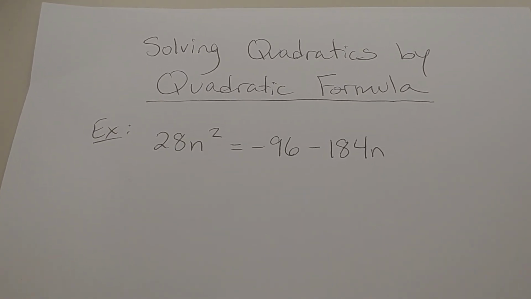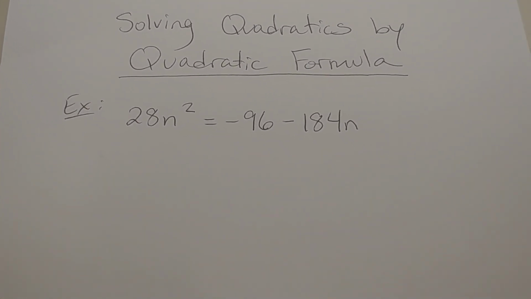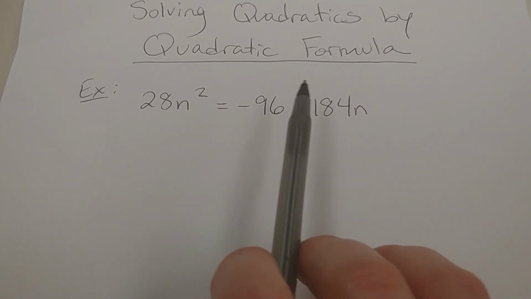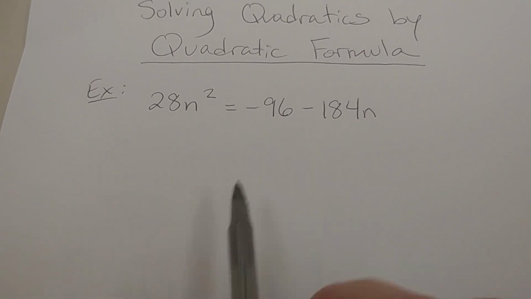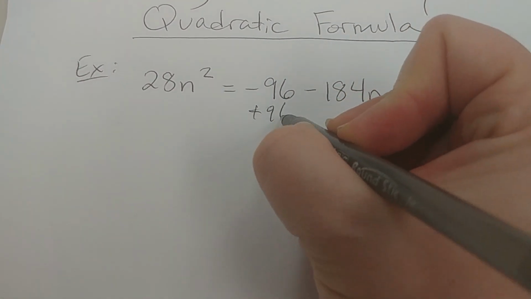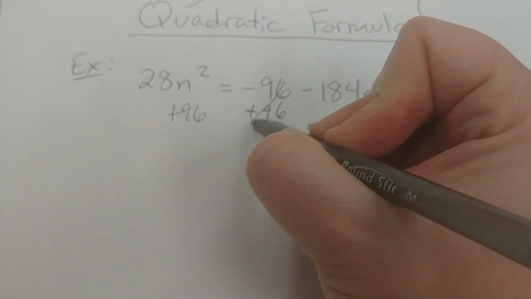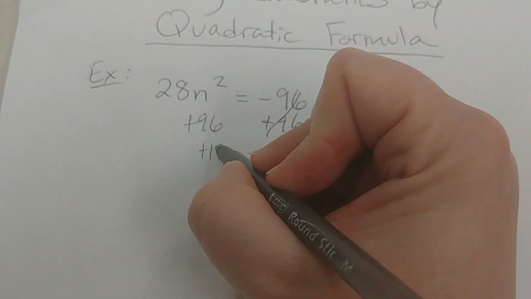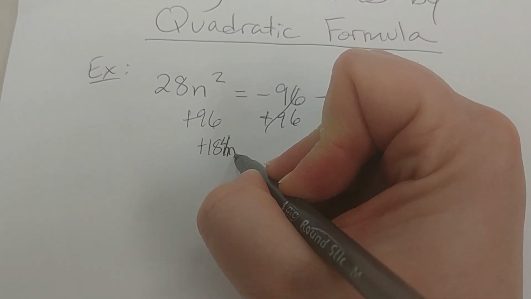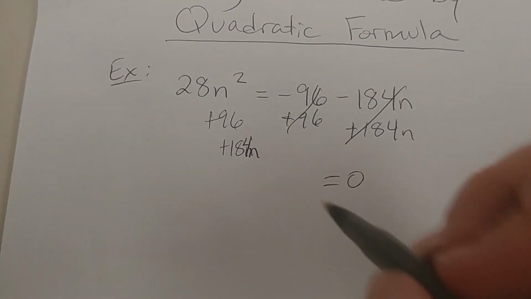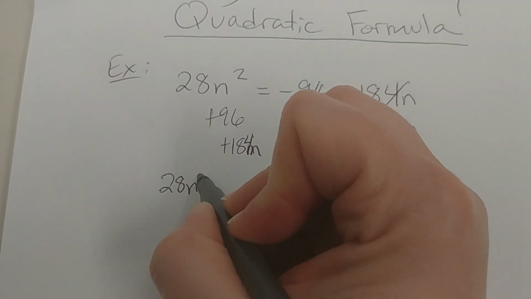Okay, so this one we're going to solve quadratics by using the quadratic formula. In order to do that, I need this in standard form since it looks like I have an n squared and an n term, so I'm just going to get everything on the same side. So I'm going to move this 96 over, and I'm also going to move this 184 over. Okay, so then that gets everything off of this side, and that sets me up with a 28n squared